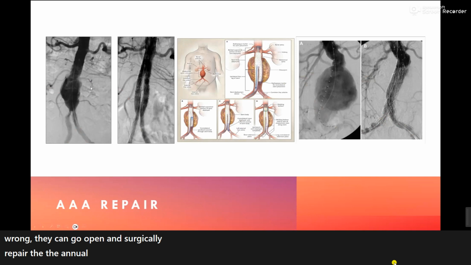But these are some images. Here's the first diagnostic image. This is your non-selective shot in the mid-abdominal aorta. They want to identify where the renal arteries come off, the starting and the ending of the aneurysm. They want to see if the aneurysm is so large that it's impacting the renal arteries or